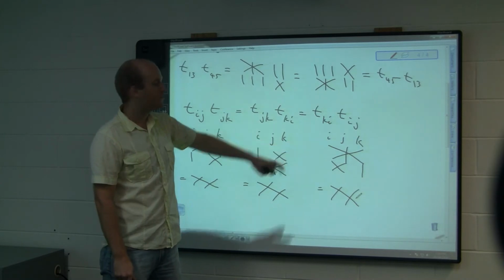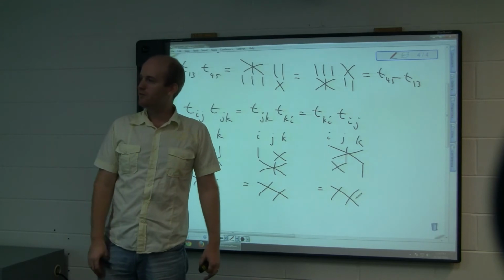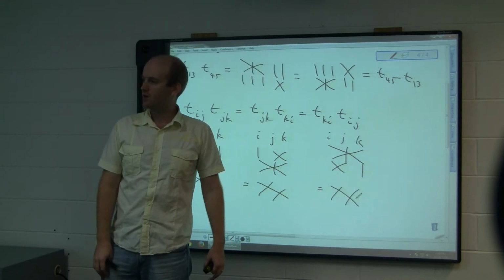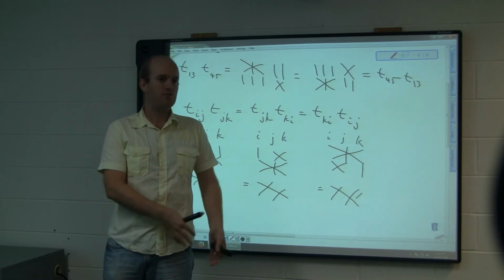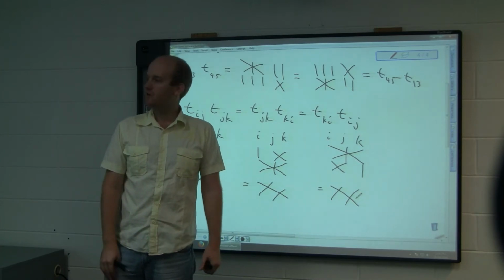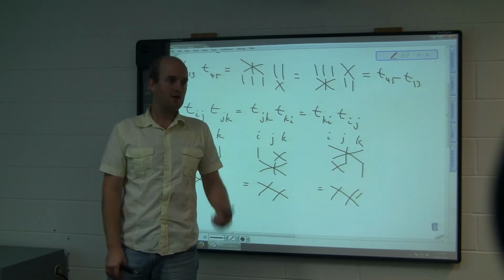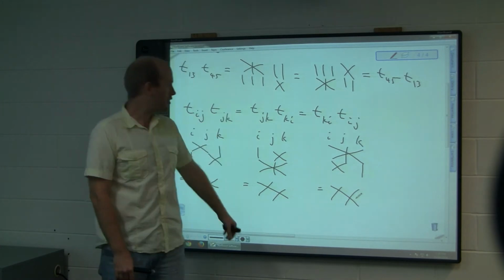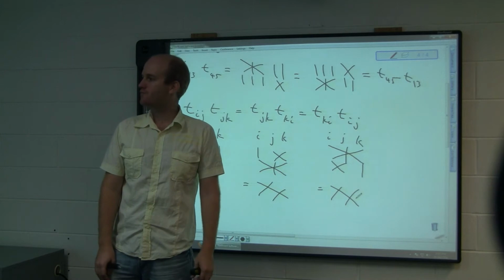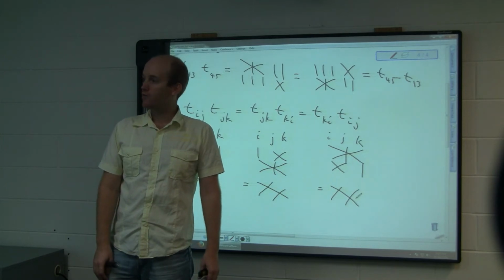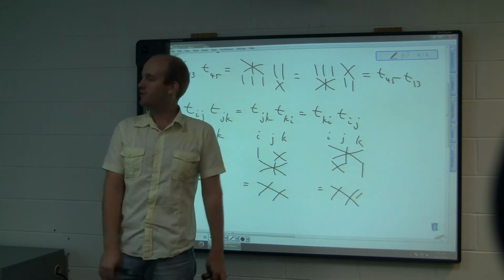transpositions. All right? And it turns out that somehow with all of these relations together, the correct versions of all of these relations, you can write any 6 cycle as a product of 5 2 cycles in all kinds of different ways. And in fact, if you wrote down a product of 24 transpositions that somehow equals the permutation I had up before, then somehow using these 3 equations you could transform your product into my product, assuming that they're both correct. Likewise, if you wrote down something that was incorrect, then there'd be no way possible to use these equations to transfer